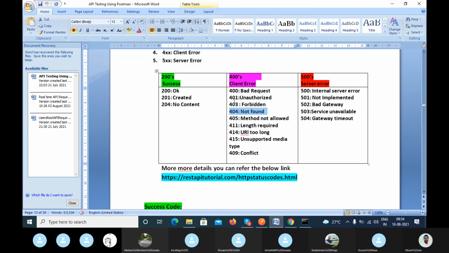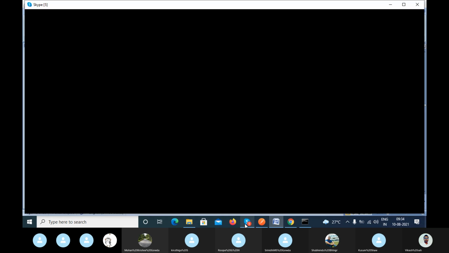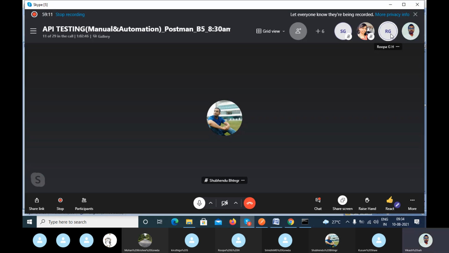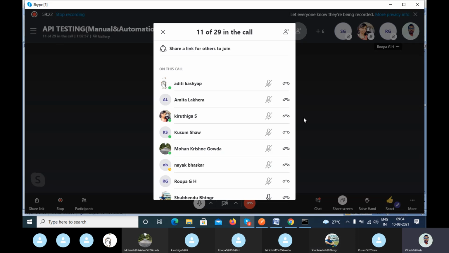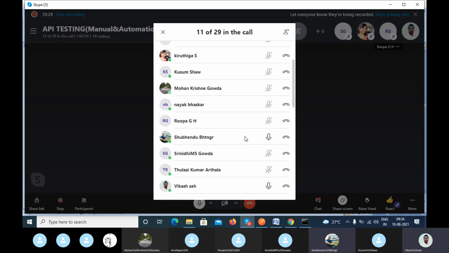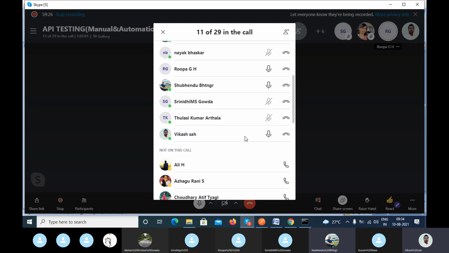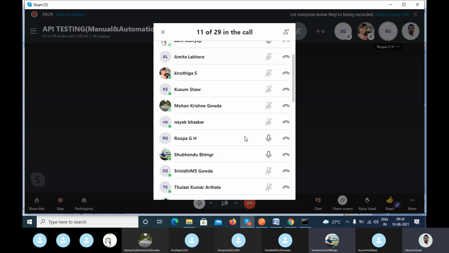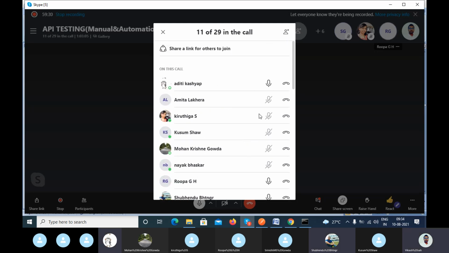Can we restrict the class to 8:30 to 9:30, because we are getting late for office hours daily? Can we make it from 8 a.m.? 8 is fine for everyone, or 8:15. 8 is fine because the query session is also there. 8:15 is fine for everyone.